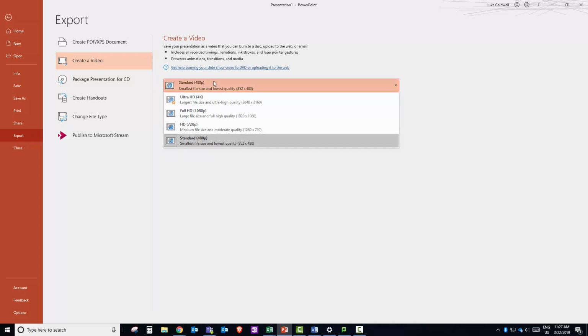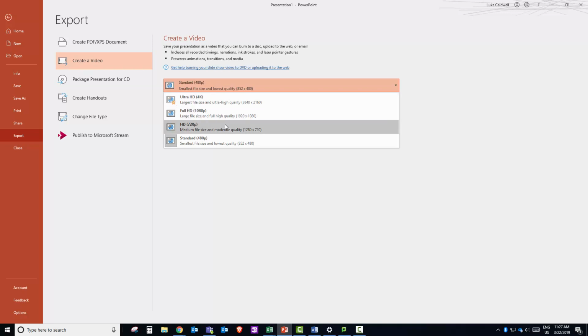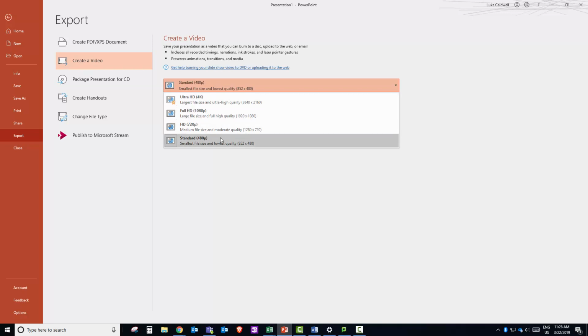The first option is the quality of the video. Now, if we were providing maybe a webcam or some video in our presentation, we would want to use the highest quality possible. However, it's important to know that the highest quality means that the file size will be the biggest it can be. So, the same presentation recorded at a standard quality level will be significantly smaller than the